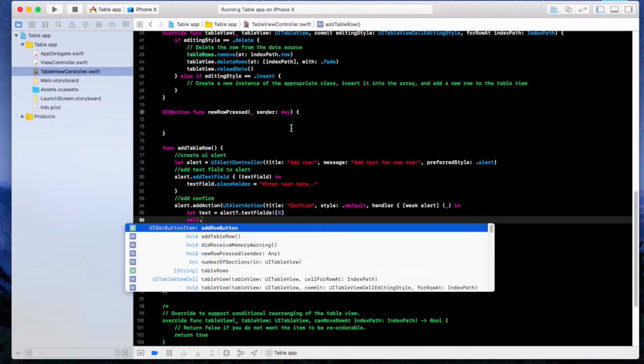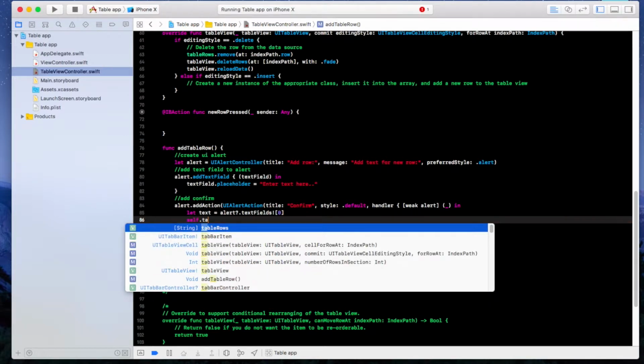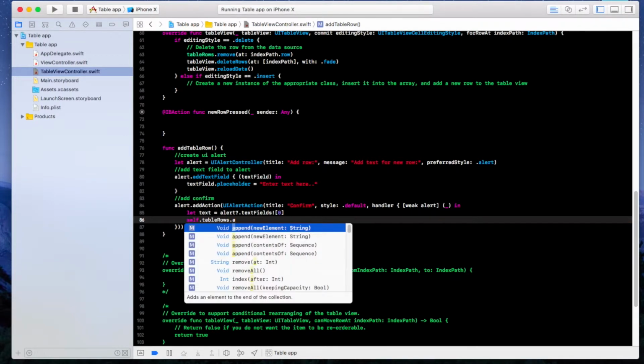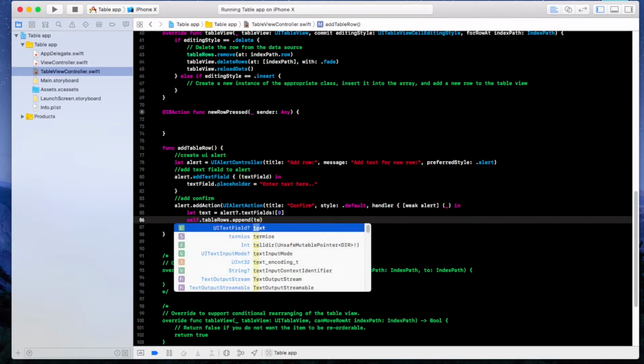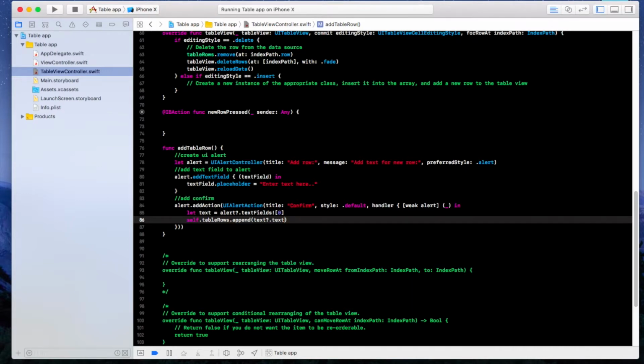Since we're inside of this, we'll have to access self.tableRows.append, and we're going to add in this text.text, because remember this text is a UITextField. Okay, and we're probably going to have to force cast this, so we'll put exclamation, close parenthesis,